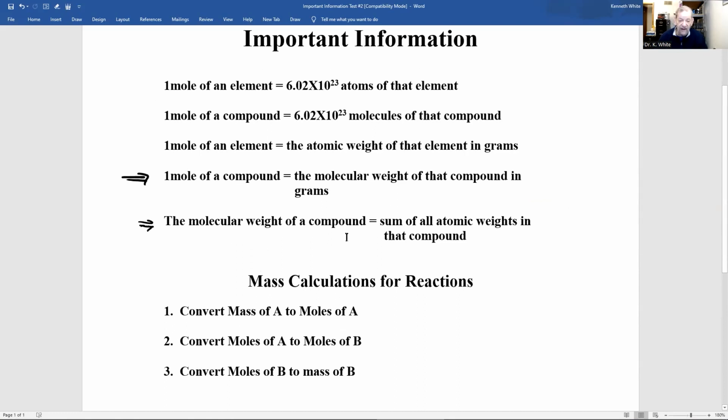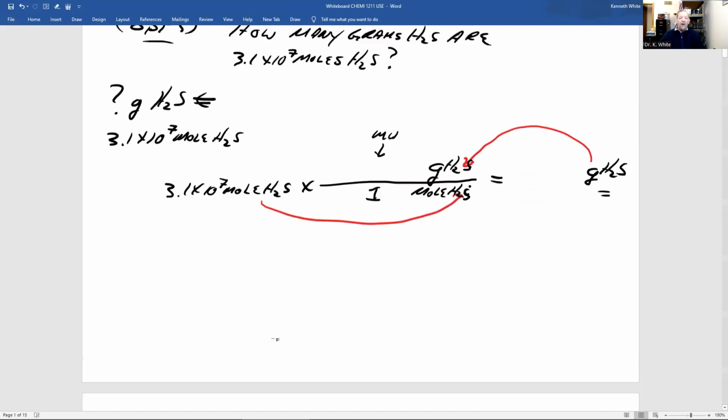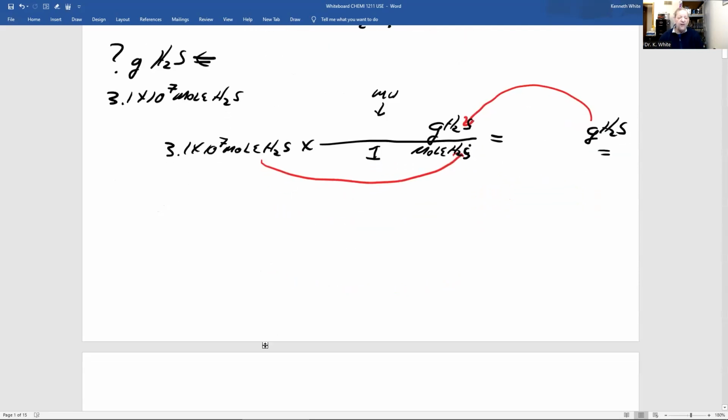And the molecular weight of that compound is the sum of all atomic weights. So 1 mole of a compound equals the molecular weight of the compound. Oh no, we weren't given that. We have to figure out the molecular weight of